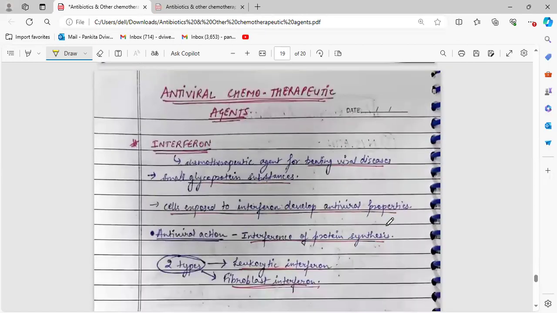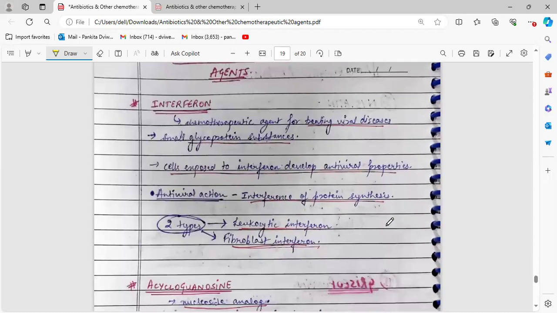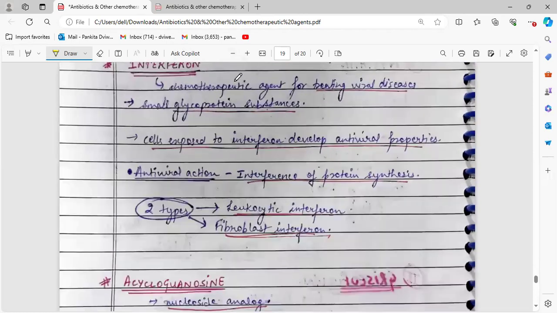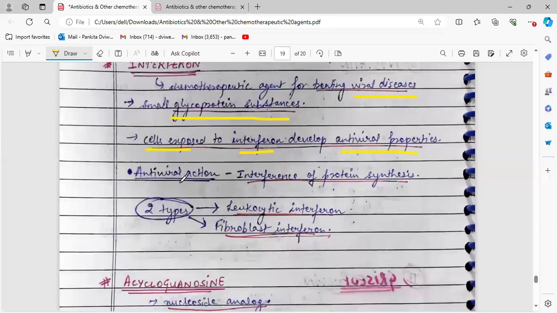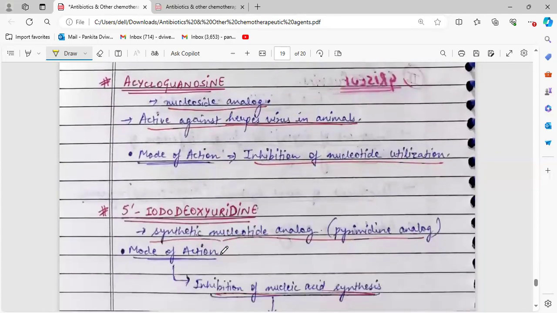Moving on to antiviral chemotherapeutic agents, the first kind is the interferon. The interferons are chemotherapeutic agents that are being used for treating viral diseases. They are small glycoprotein substances. When cells are exposed to interferon, they develop antiviral properties, and the action involves interference with protein synthesis. There are two kinds of interferon mostly, leukocytic and fibroblast. The next one in this category of